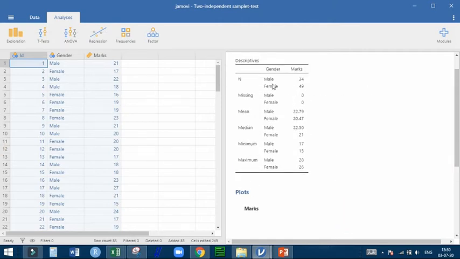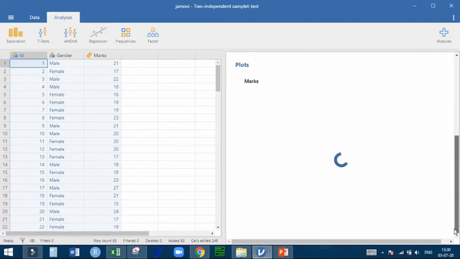Meanwhile, we can check the descriptives. Male 34, female 49. Mean of male 22.79 and of female 20.47. Minimum marks in the male group 17 and in the female group 15, and maximum are 28 and 26 respectively.